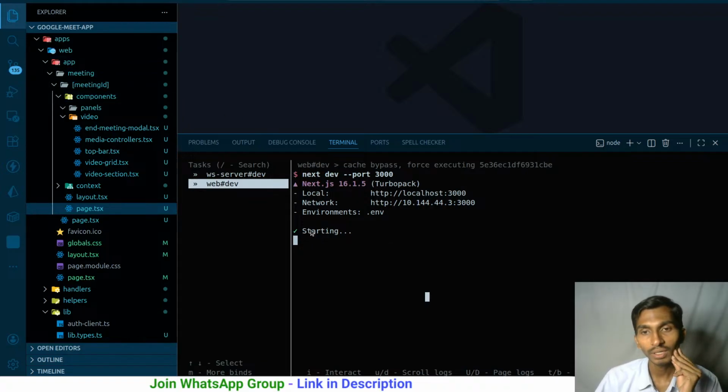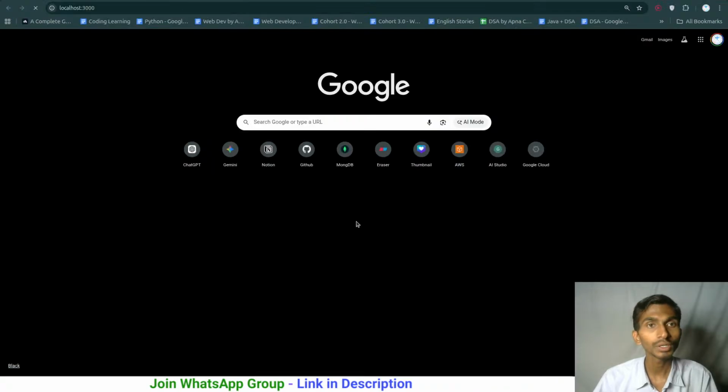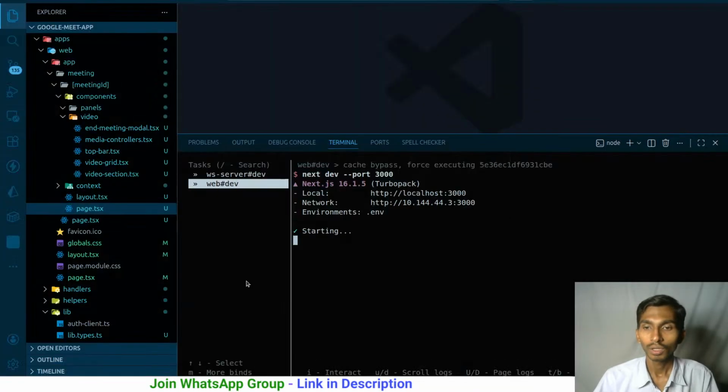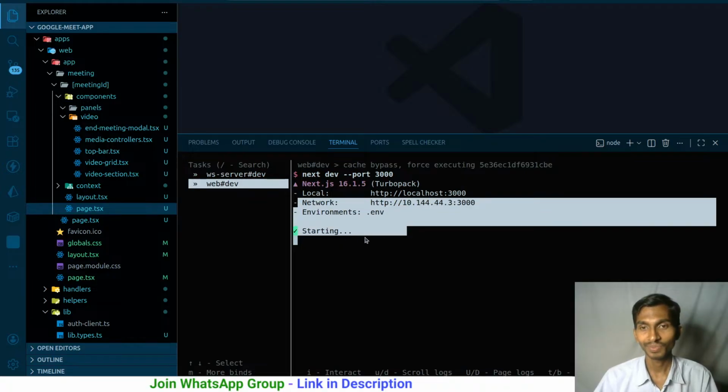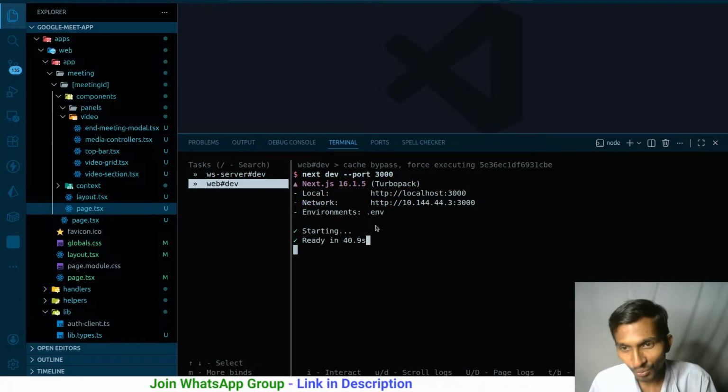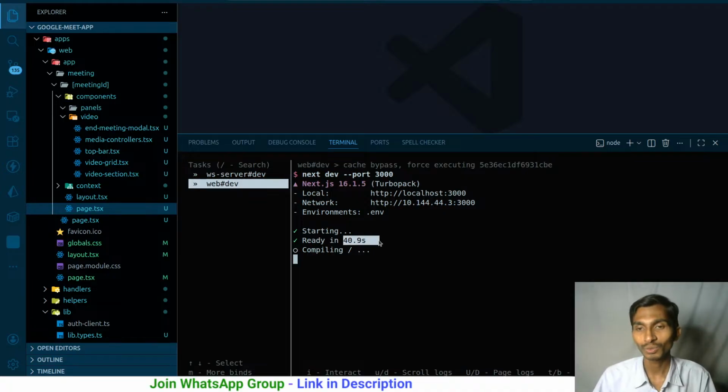So let's wait for a while, let it compile, and hopefully once the compilation is done, then we'll get going from here on. But how long will it take? No idea. This is insane. Okay, ready, 40.9 seconds. It took around 40 seconds to just simply compile, get it ready. And now after compiling, it will just simply give the result. It's as simple as that.